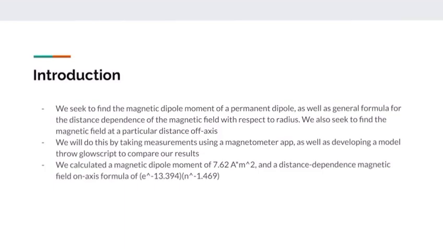In this lab, we were trying to find the magnetic dipole moment of our paramagnet, and the relationship between the magnetic field on the axis of the dipole moment and the distance away from the magnet itself. To summarize the results, we got 7.62 for the magnetic dipole moment's magnitude, and for our field formula on the axis, we got e to the negative 13.394 times, that's a typo, that's supposed to say r to the negative 1.469